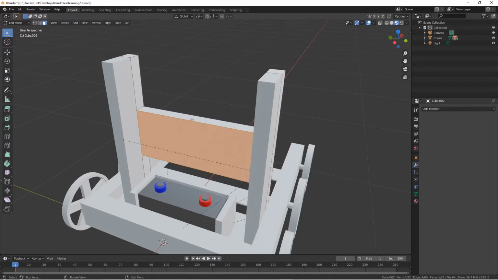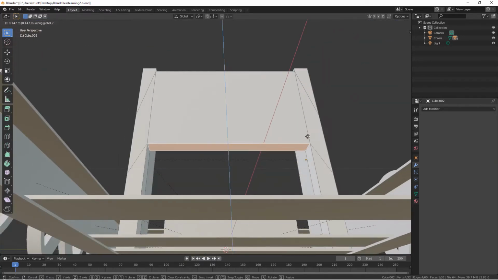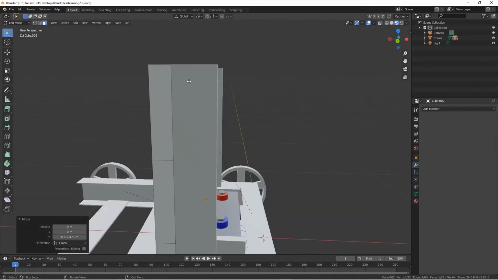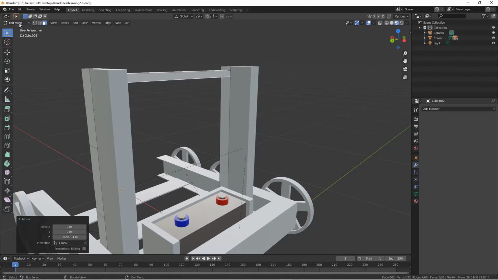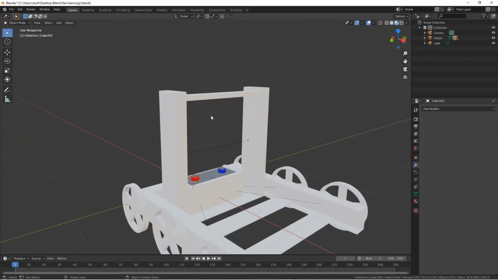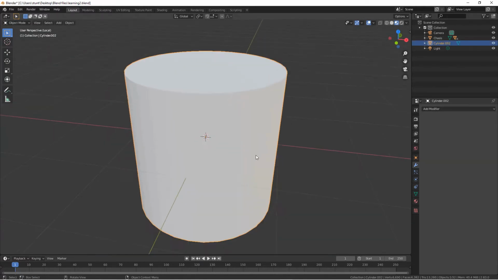And then we're just going to move this one up here, and take this, and move that up there. And that's looking good like that. And then we're just going to go ahead and create a little hook. So what we're going to do is we're going to add in a cylinder, and we're going to go into